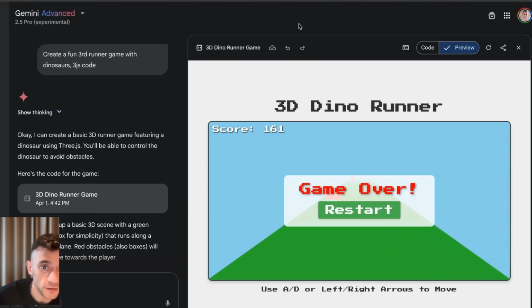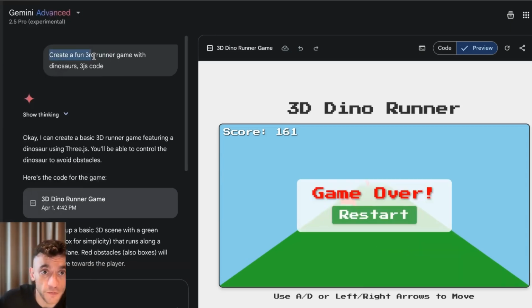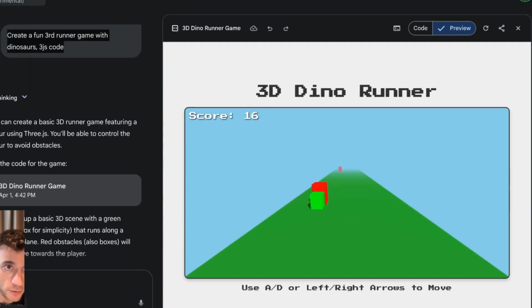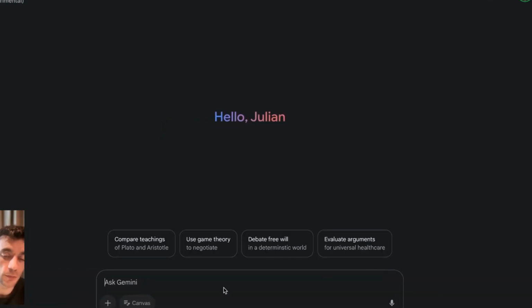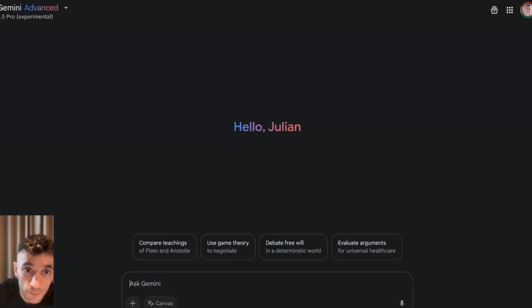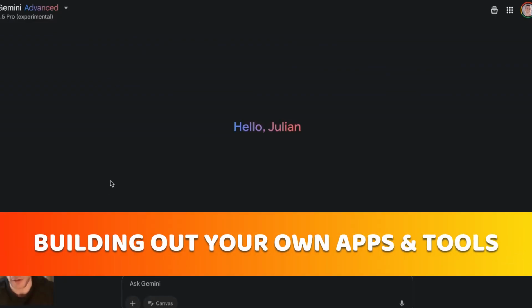A cheeky one-shot. So if we go on here, all we said was create a fun 3D runner game with dinosaurs, 3JS code. And you can build whatever game you want. Pretty simple and easy, right? If we click restart, we can just go ahead again. So this is super powerful, not just for example, for building tools, hosting them on subdomains, quickly hosting them on websites like Netlify as well, and also building out your own apps and tools,